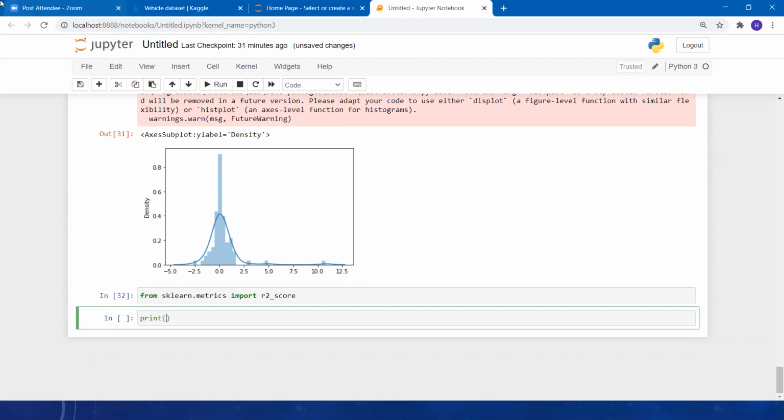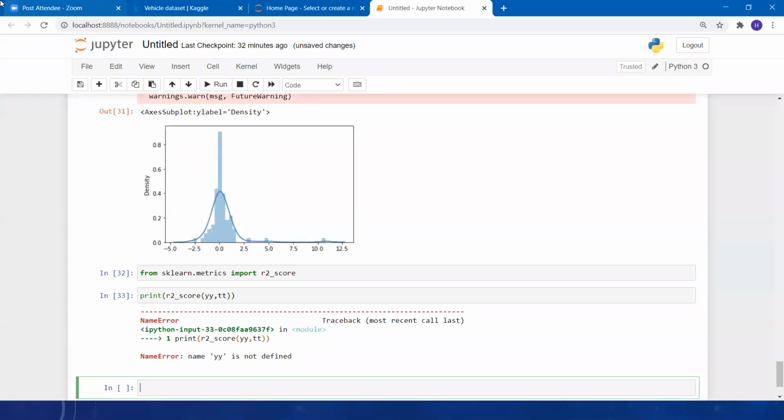Let's print our R2 score value over here. We can use mean squared error and mean absolute error as well. Okay, y is not there. Okay, what is y? Sorry.